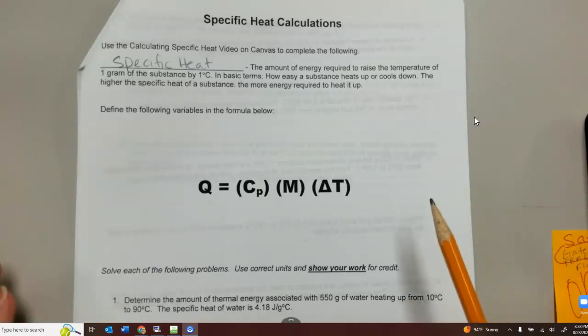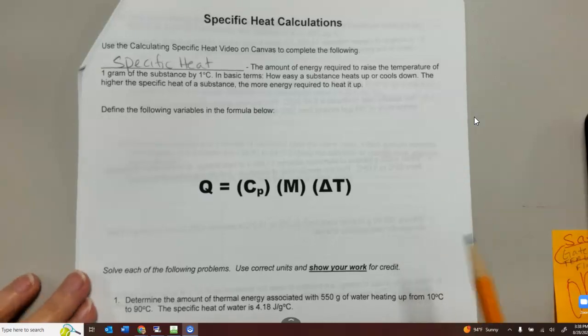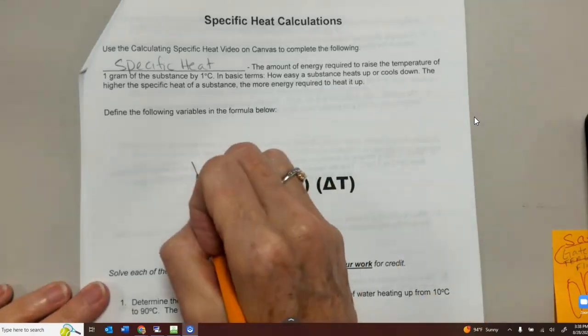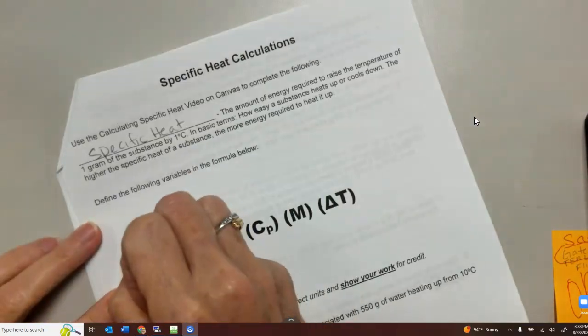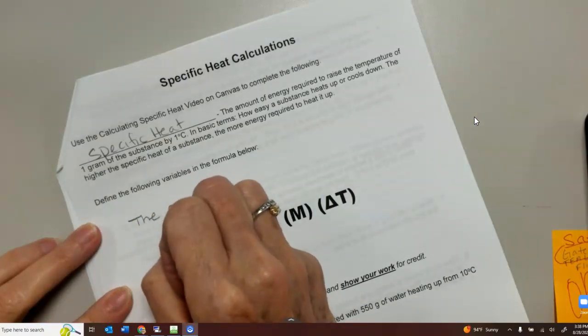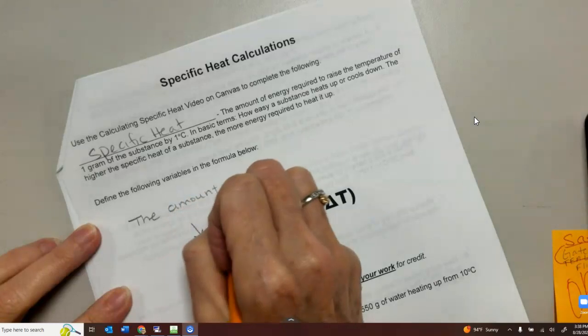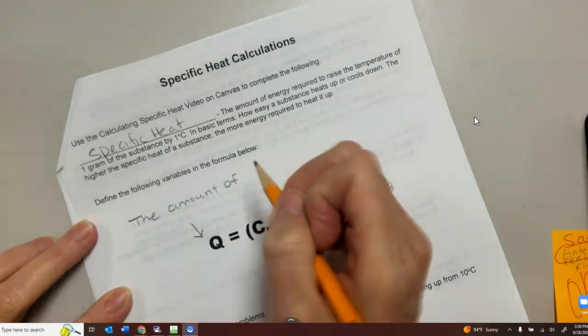Okay, we're going to define these variables. Q is going to be the amount of thermal energy